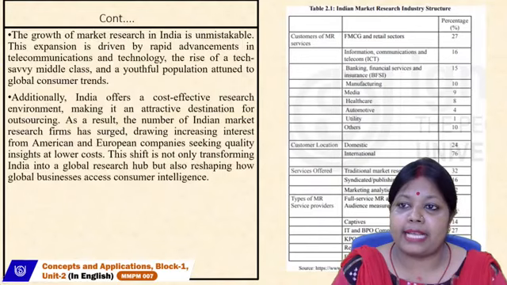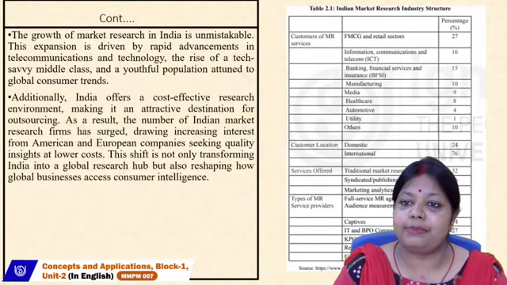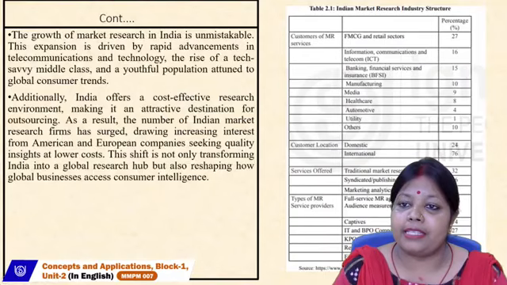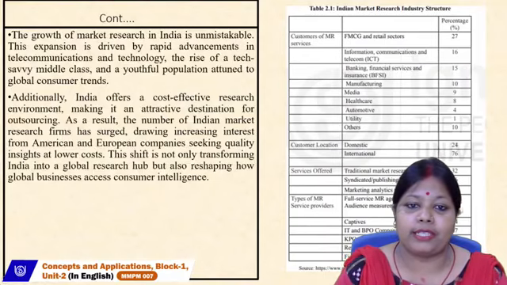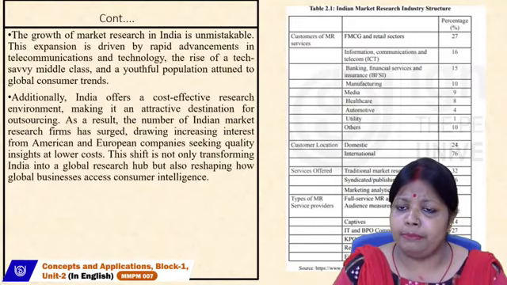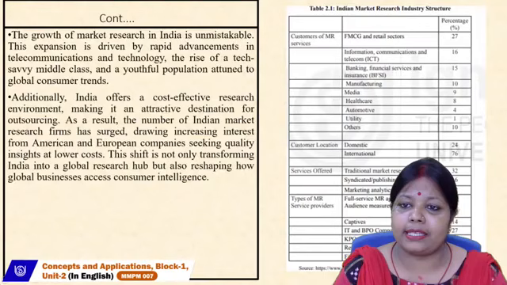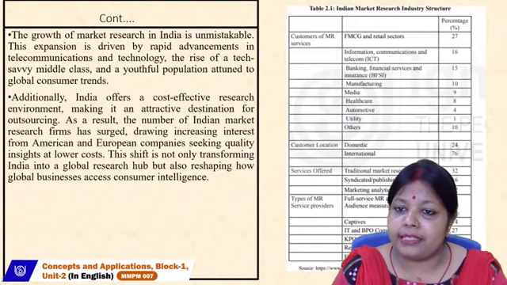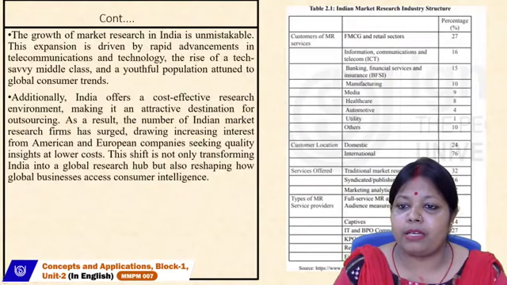We can see here that among the consumers of EMA services, FMCG and retail sectors, information, communication, and telecom, that is ICT, cover only 16%. Banking, financial services, and insurance, BFSI, which has already been discussed, contributes only 15%. Manufacturing contributes 10%, media 9%, which is now declining. We can see here utility service is only 1%.